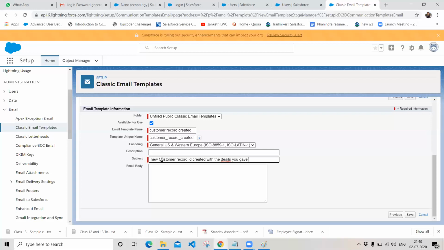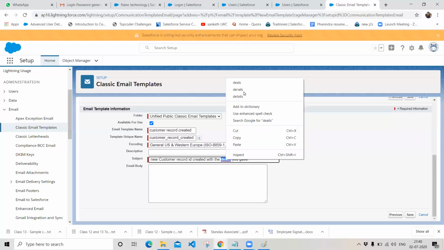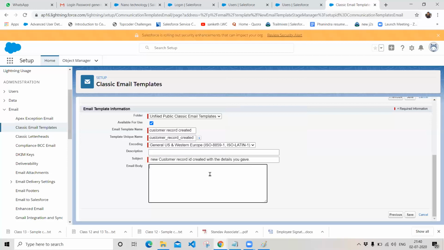Okay, this is the email subject that I want to send. And what is the email body? Email body consists of text where you can specify why you are sending the email, and what is the purpose for sending your email. So body is similar to a normal email which we are writing.